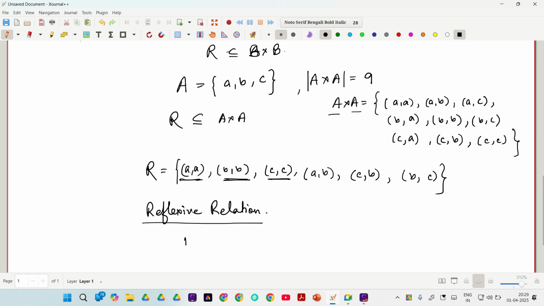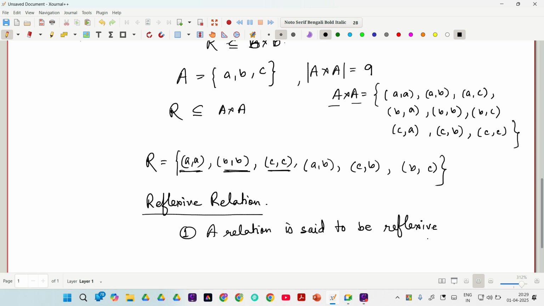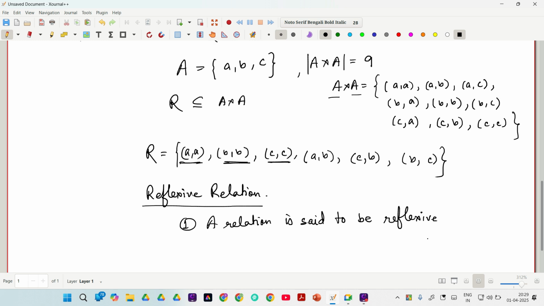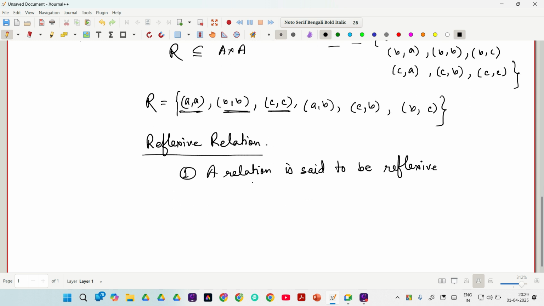Now, a relation is said to be reflexive. I am not writing the definition of the reflexive relation or any relation, because that you will find in the textbook. I am just explaining those things to you. Okay. So a relation is said to be reflexive when